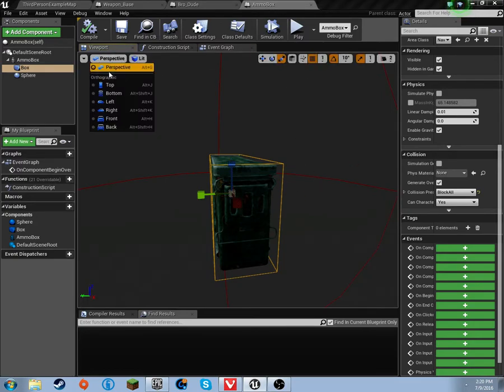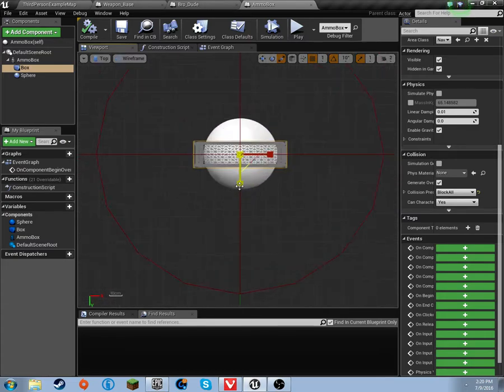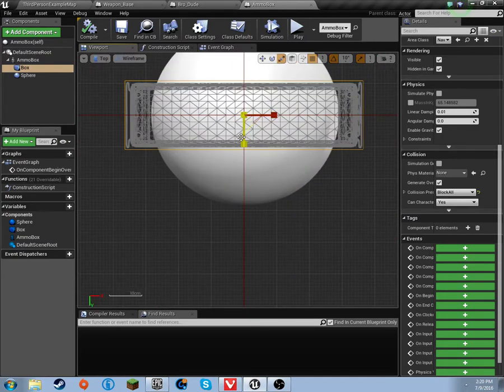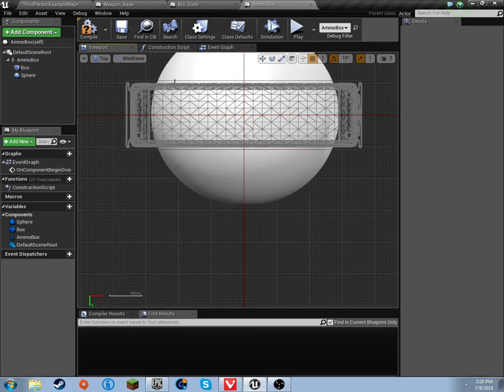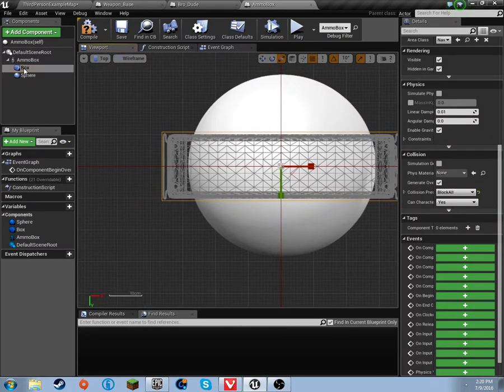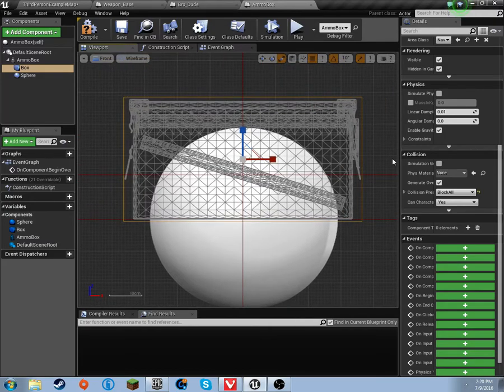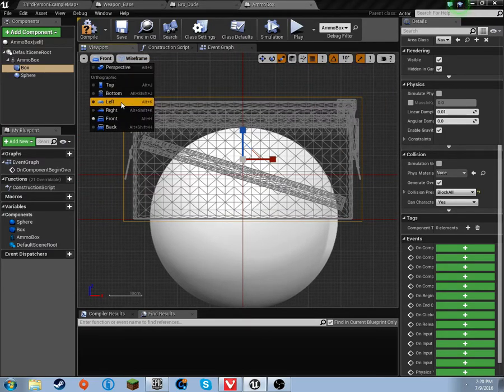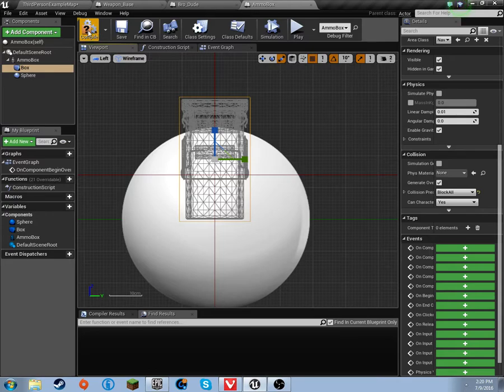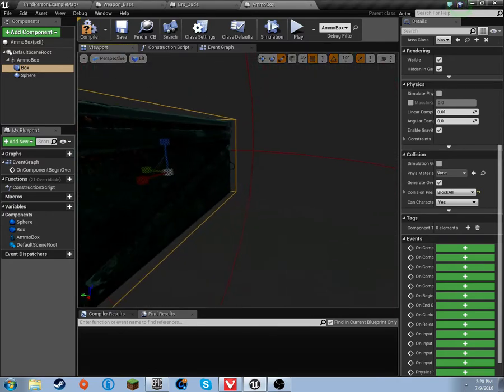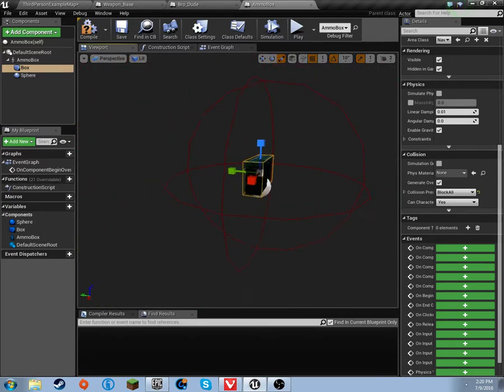But you can press this little car up here and use the top to see where the wireframe box is. I scaled it too much, but this little yellow box that you have selected, you can scale it, and then you can go to the front and make sure that you have it all good, and left, and make sure it's all good. Anyway, so I'm gonna head back into perspective, and then the sphere, just make it kind of